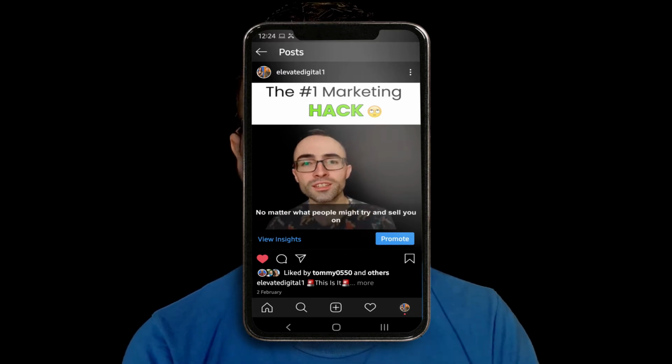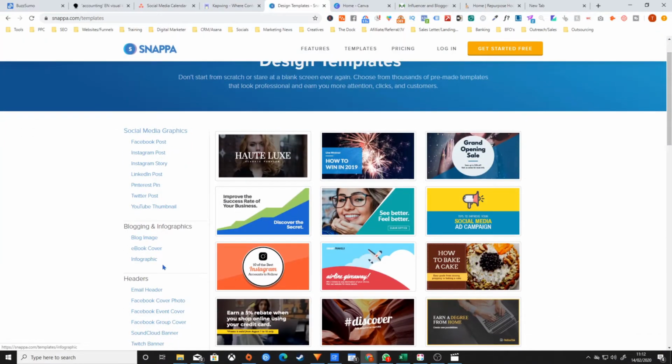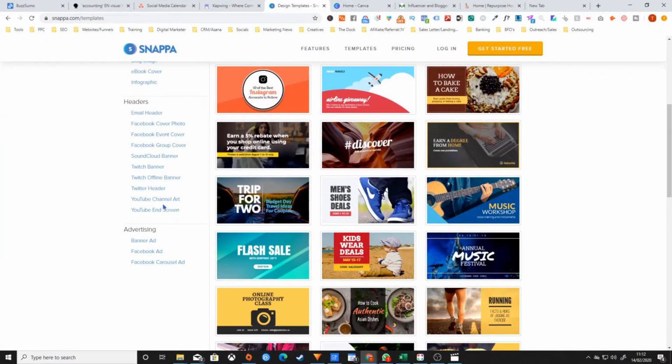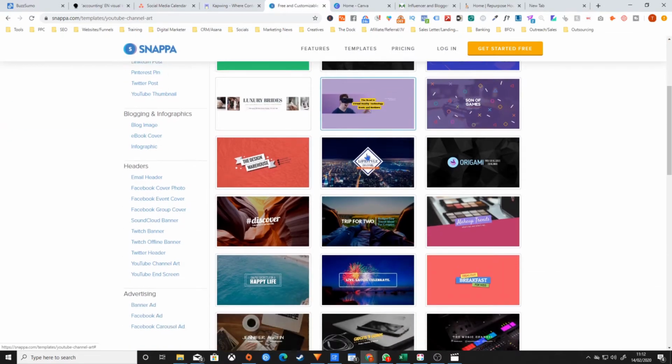That looks really awesome. Now, the next tool out there to help your content really pop and create thumbnails and cover images for your social media channels, for example, is a tool called Snapper. Snapper is very similar to its most well-known rival, Canva, which you may have heard of before. Both are free graphic design tools, which really make graphic design easy and accessible to a lot of people. They have a super simple drag and drop editor where you can literally take elements and place them